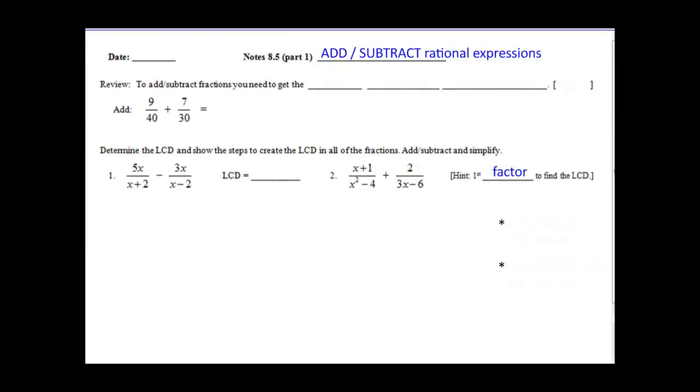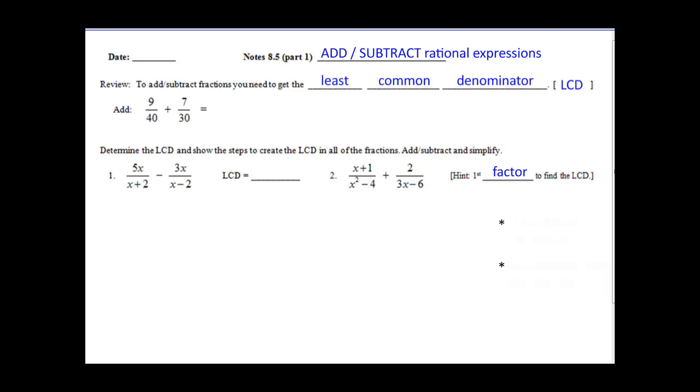Algebra 2, we're going to dive right into adding and subtracting rational expressions, 8.5, Part 1a. In order to add and subtract fractions, if you remember, we need to get the least common denominator, or we'll call it the LCD. For instance, if we're going to add 9 over 40 plus 7 over 30, we need